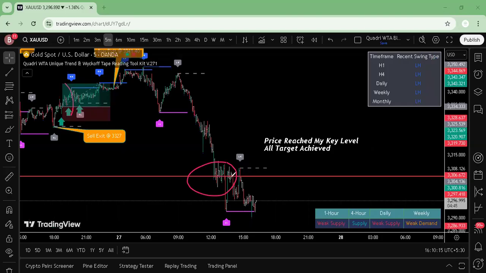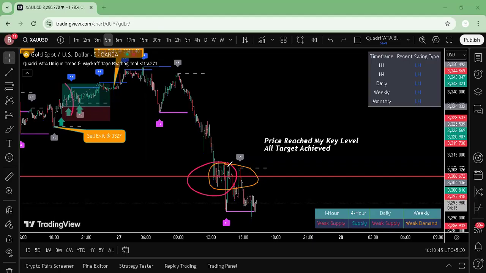This is the significance of a key level. When the price reaches around it, it will either pierce through it, or go into consolidation mode, or price will act like crazy. It will go upwards and downwards, eating away liquidity, stop losses, or whatever you want to name it. This happens at the key levels.